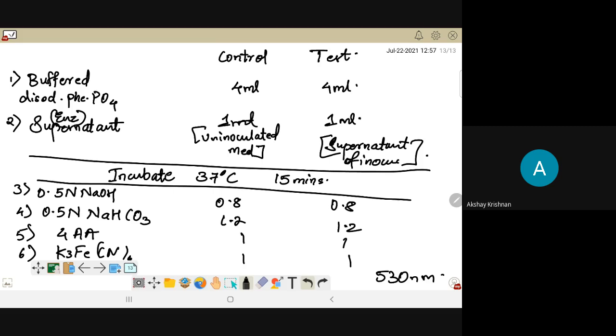Okay. So now you have to understand that I have used control and test. So whenever I want to extrapolate the value of the test on the graph, I will have to minus out the value of the control. Because if I am getting even a little absorbance in the control, which means that there is some kind of interference, that needs to be minused out from the test. So whatever value you get for the test, after subtracting the control value from it, the value that remains is what you will extrapolate from the standard graph. Is everyone understanding?